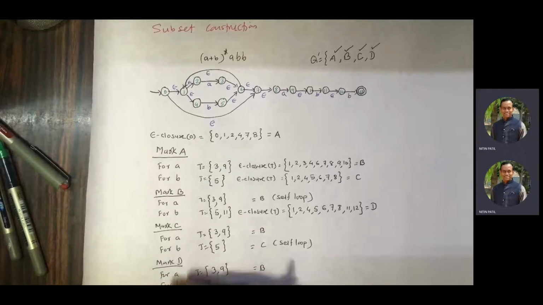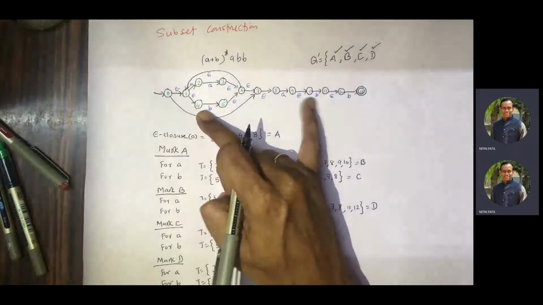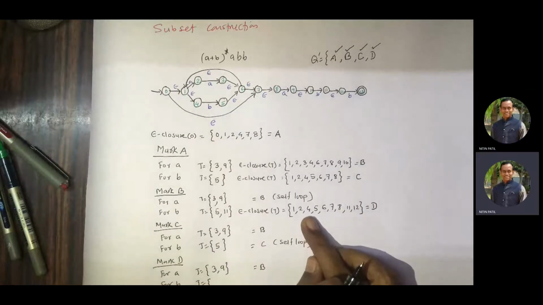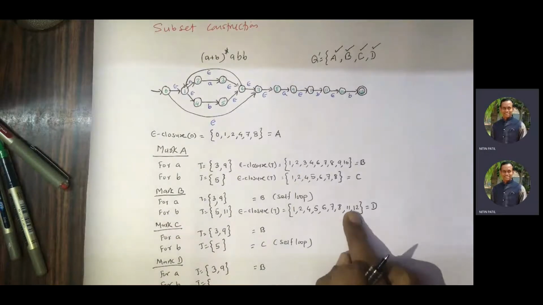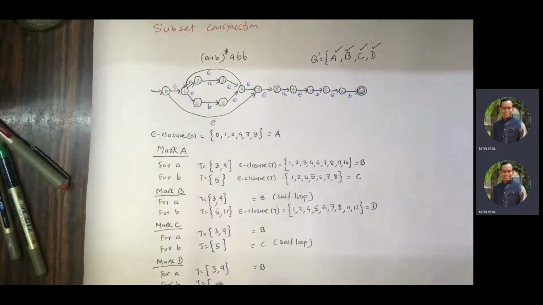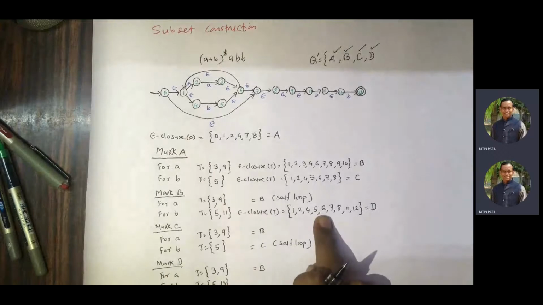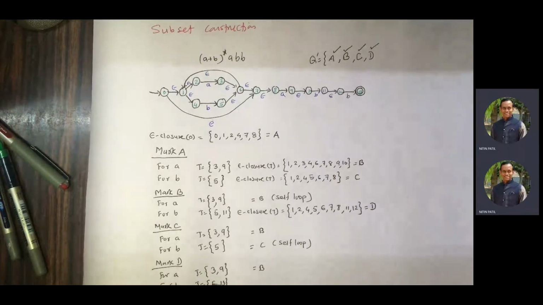Now let us take input B. Compute T. Now we know that there are 3 Bs, that means 3 transitions: from 4, then from 10 and from 12. So 4, 10, 12, are they part of here? 10 is not there, correct? But 4 is there, yes. 12 is there, yes. So 4 and 12. So that means 5 and 13. Now why are we taking 5 and 13? Because from 4 there is a transition to 5 and 4 is part of this. Moreover, from 12 it is going to 13 and 12 is part of this set. That's why we added 13. Now this is not a repetition.